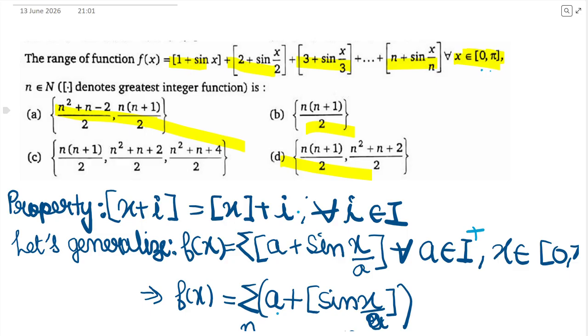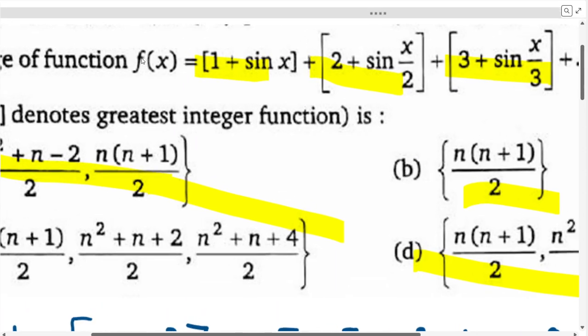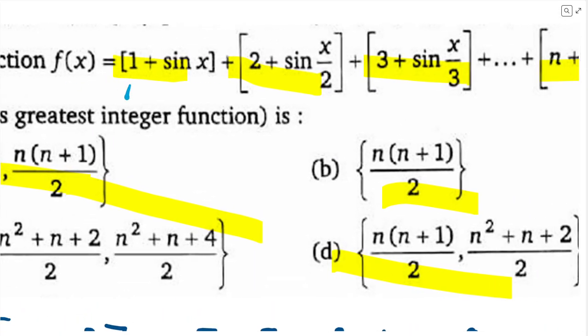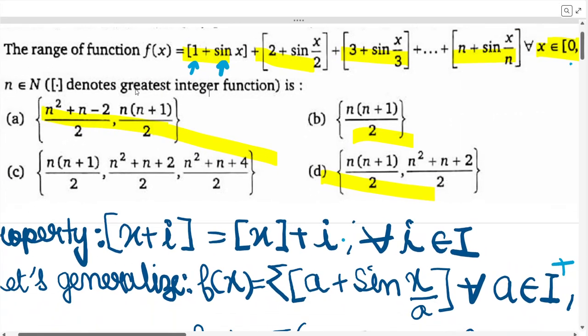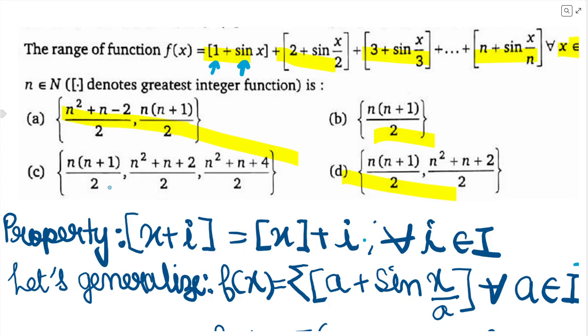Okay. So now when we have a closer look at our given function, we can see that there is a constant term here and then there is a variable function, right? Which depends on the value of x. So now we have an interesting property of greatest integer which we need to apply here, which says that whenever we have a variable function which is added with an integer function, then we can separate the greatest integer to the variable, and the integer we can write separately for all values of I belonging to I, which is just a representation of this property.